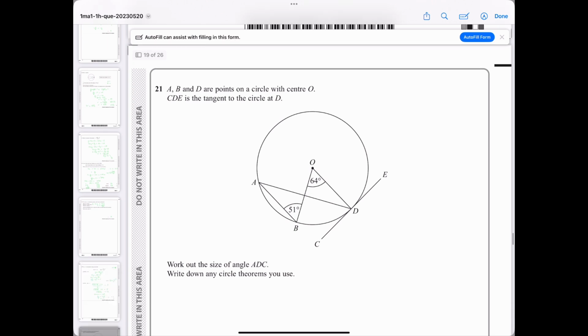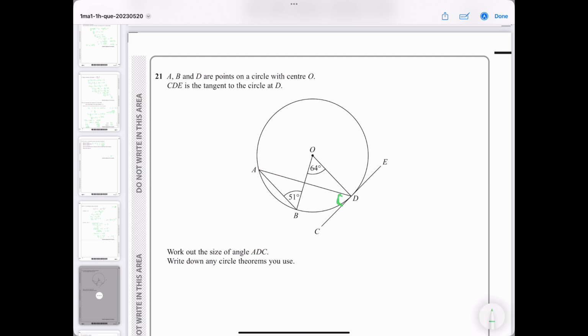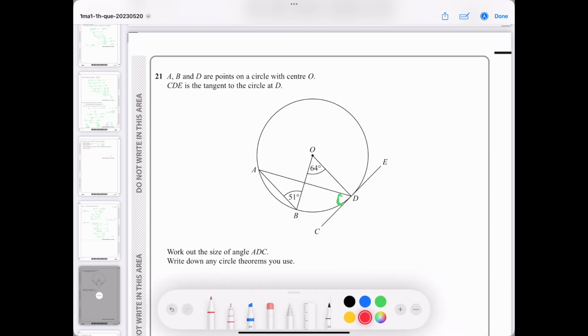Okay, and last thing. A, B, D are points on a circle with centre O. C, D, E is the tangent to the circle at D. Work out the size of angle ADC. So that's ADC. So we're working out that one there. I'm going to use loads of colours because it makes it a lot easier. So things that we know. We know that this is a right angle